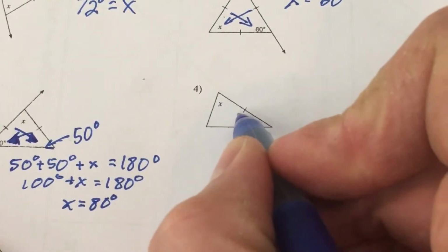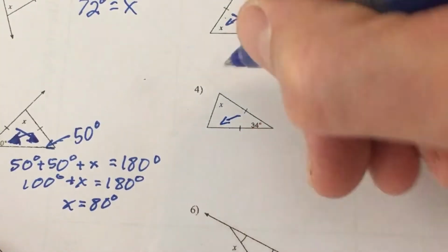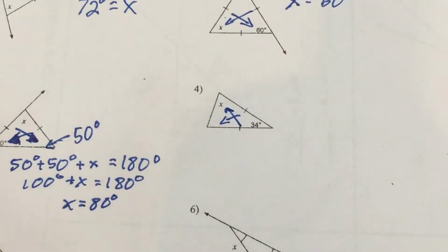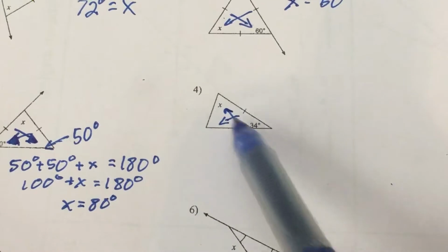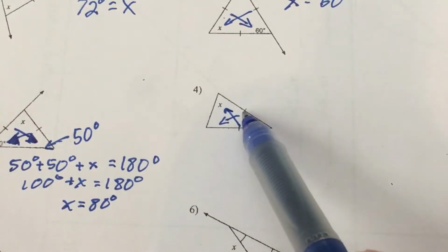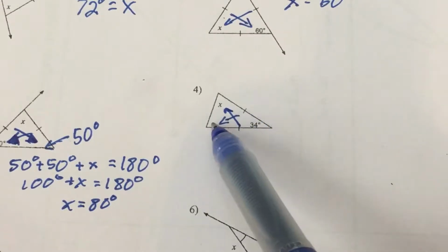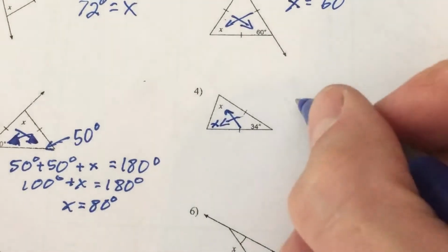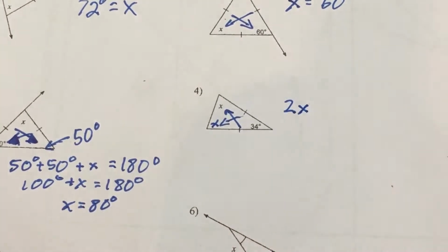Again, you're looking at opposite angles here, and we want to know what x is. So we know that this angle x is opposite of this leg, and so this angle opposite of this leg is also x. Well, how many x's are there? Well, there's 2 x's. So there's 2x